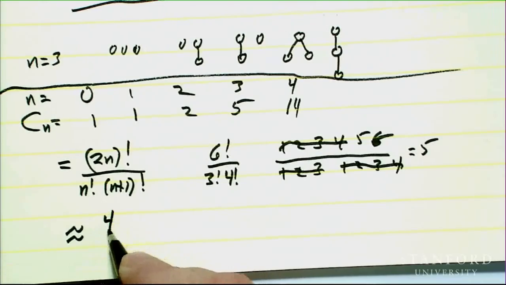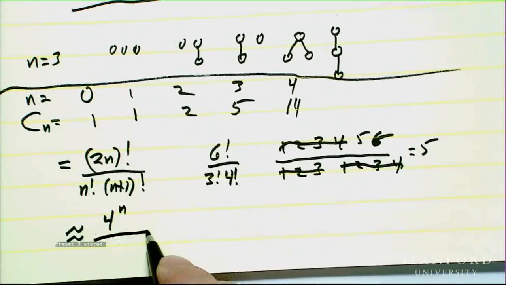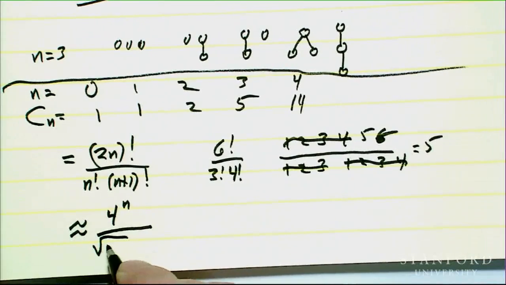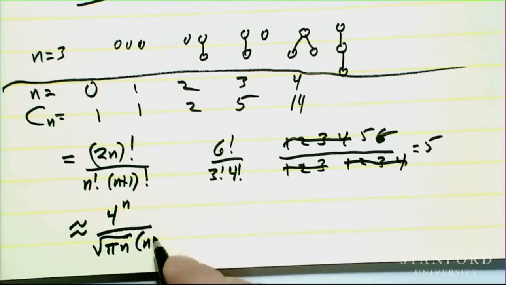Now, but pi gets into this too, because it turns out that this is approximately 4 to the n over the square root of pi n, n plus 1, let's say. I could also write square root of pi n. Okay, so now, for example,